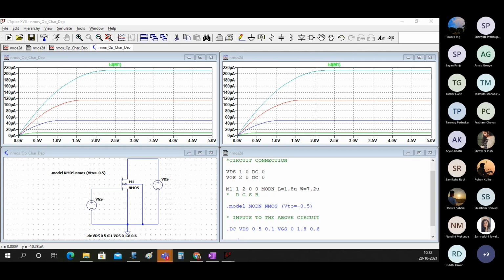If there are 50 to 60 nodes, you will spend half the semester only to decode the nodes, write things on paper, put it on the Spice editor and then simulate.